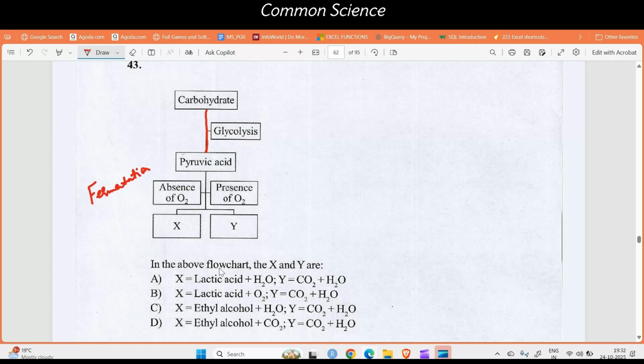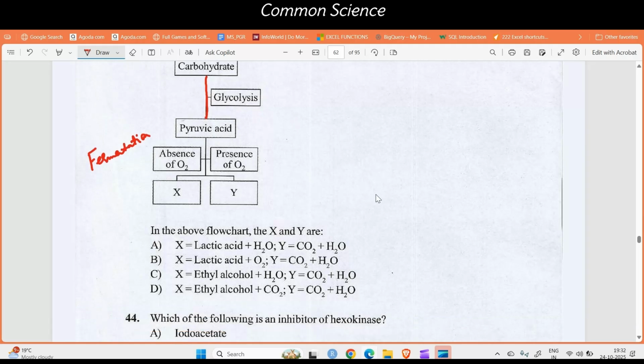Okay, in the above flow chart, X and Y are: in the presence of oxygen, it will give carbon dioxide plus water. In the absence of oxygen, it will give lactic acid as well as ethyl alcohol. But plus water, no. Lactic acid plus oxygen, no, not at all. Ethyl alcohol plus water, no. Okay, option D, ethyl alcohol plus carbon dioxide, because there